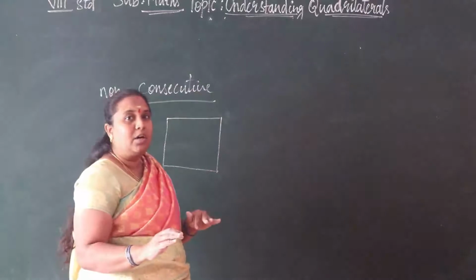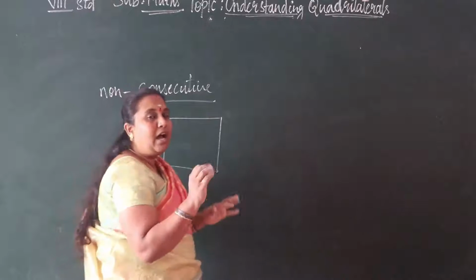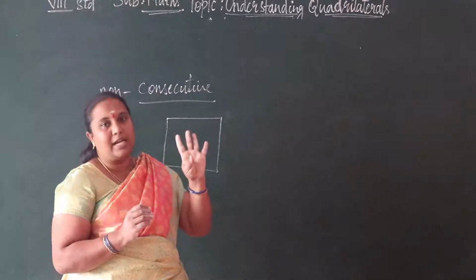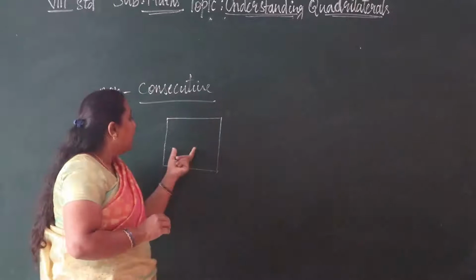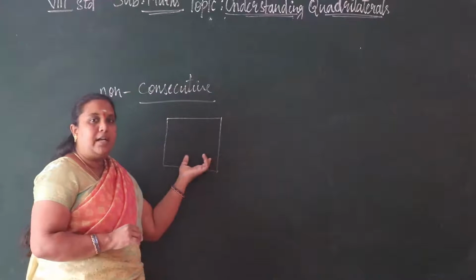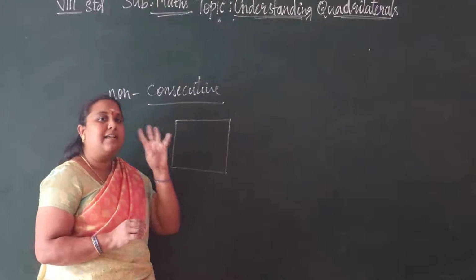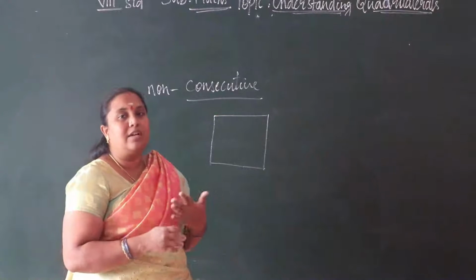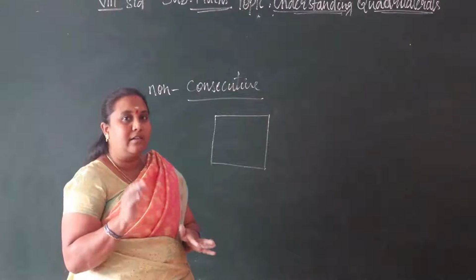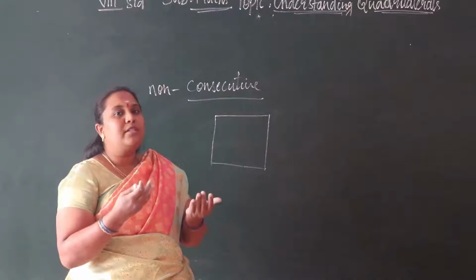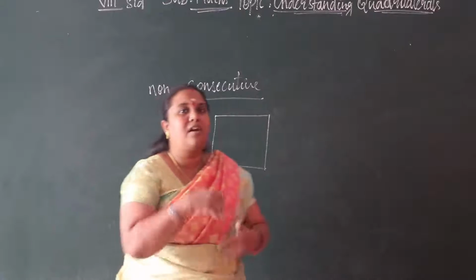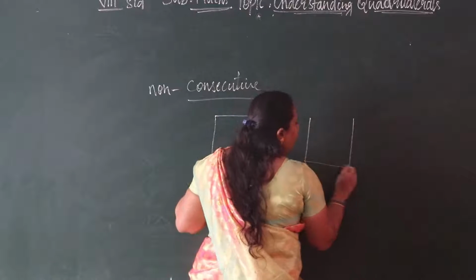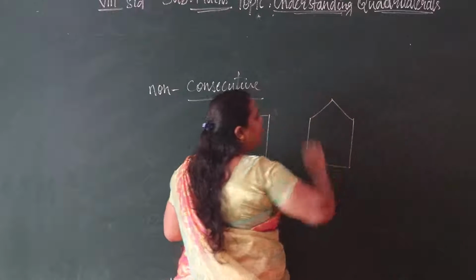But here we have a five-sided polygon. In a quadrilateral we have only four sides and four vertices. Is that right? But with more than four sides and more than four vertices, we have a polygon. So in that, how to mention that the diagonal we can draw is between opposite vertices? That's not perfect. See here we have a five-sided polygon.